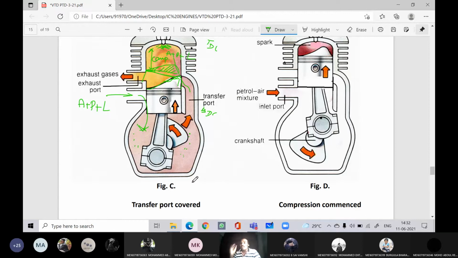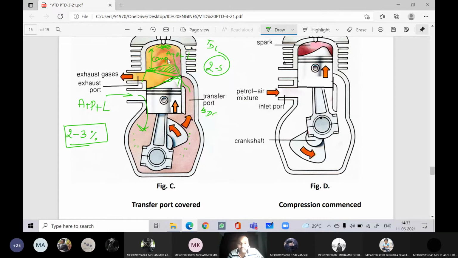That is the reason you are getting smoke as the exhaust. If you burn the oil, you will get the smoke. That is the reason for a two-stroke engine you are getting exhaust as the smoke. We are burning lubricating oil literally. Some portion of the lubricating oil will be used for lubrication between the piston and cylinder, and some of the lubricating oil we are burning here. How much amount of lubricating oil we need to mix? That depends upon the petrol: 2 to 3% of the petrol we need to add as lubricating oil.